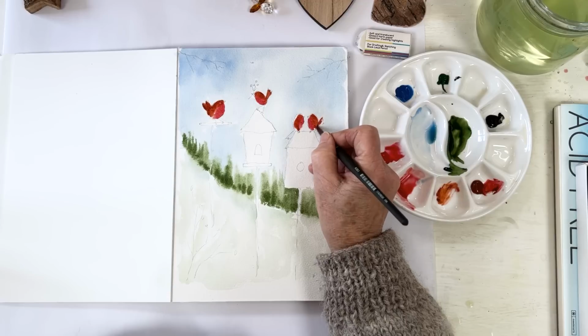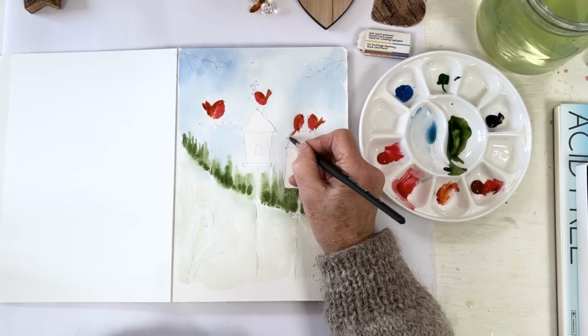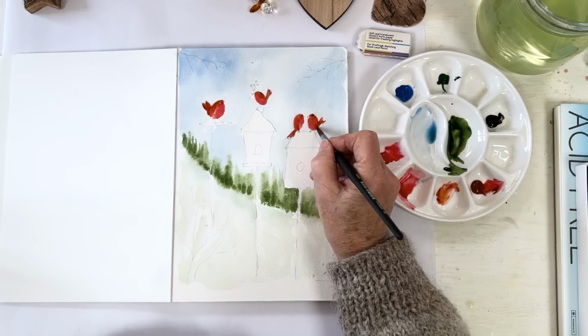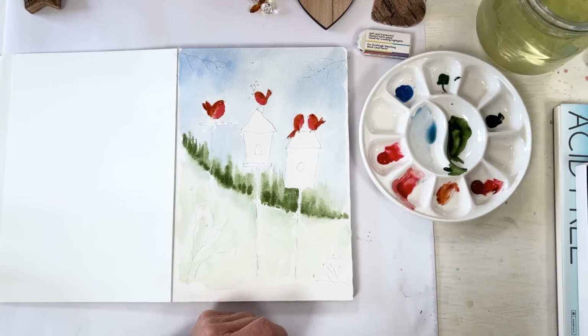There we are. And if we want a bit more detail, what we'll do is we will come in with pen and do that, because that's the way we usually do it, isn't it? Okay, so then we're going to paint the